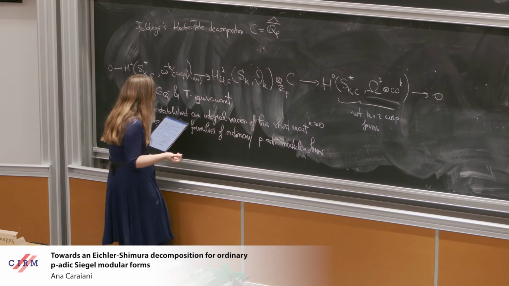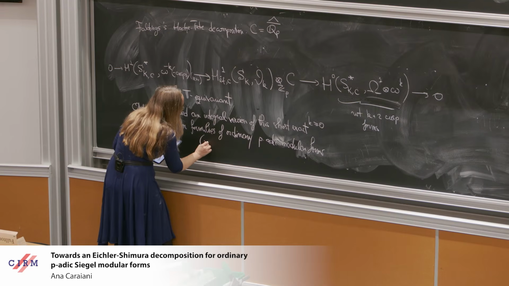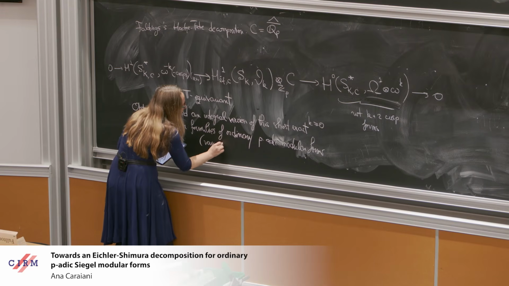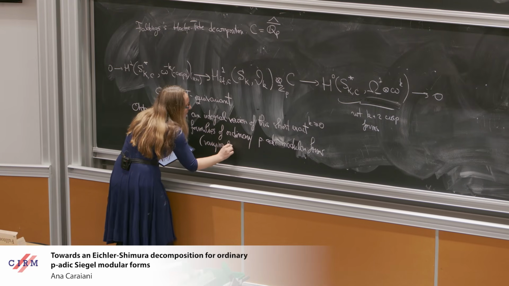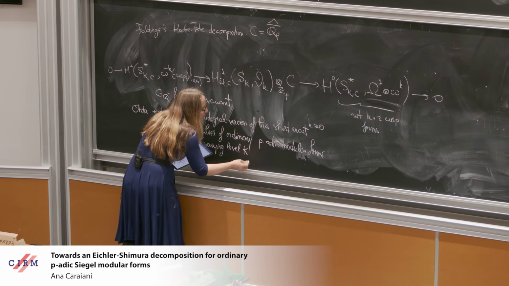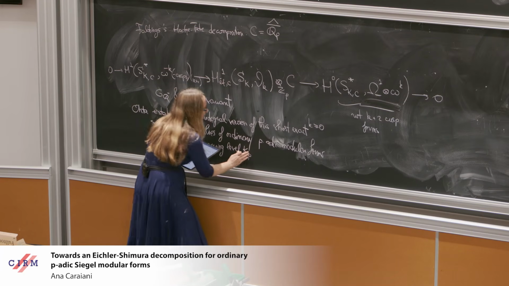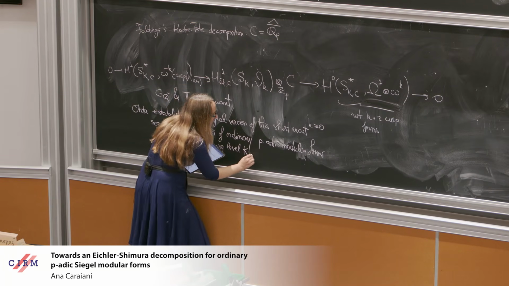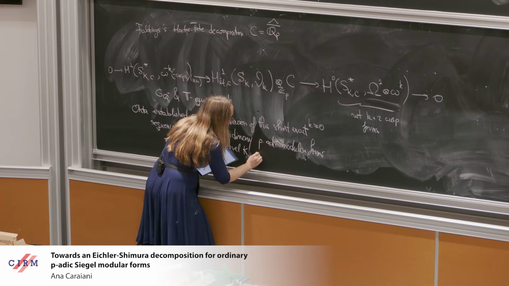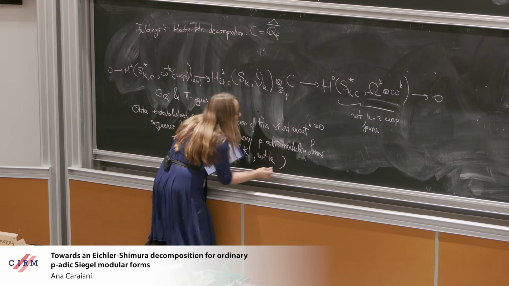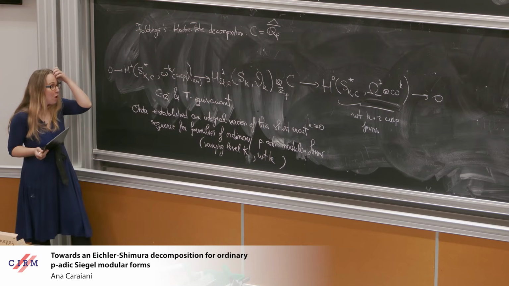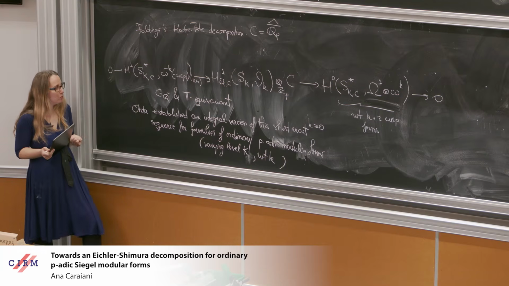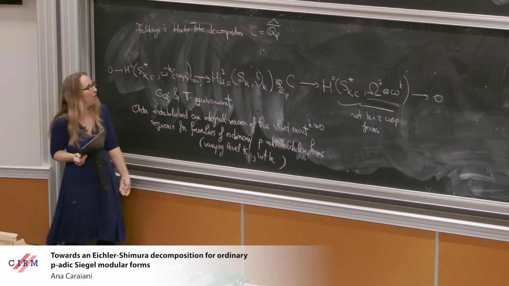So in particular, say in these families, you're varying the level, specifically the level at P. I mean, I can say K, but really what you want to vary is the level at P and the weight. And just as a comment of why this sort of thing is useful, so notice that over here,